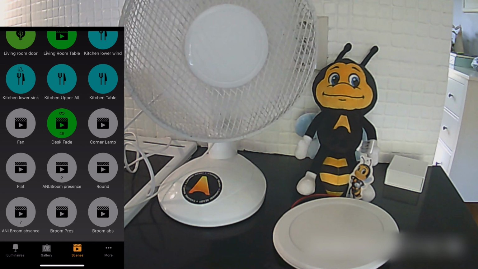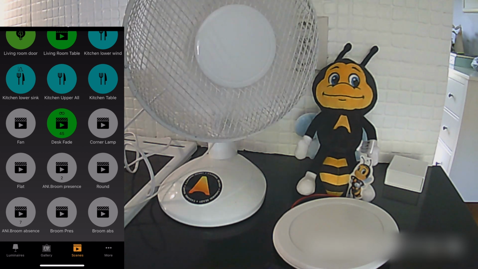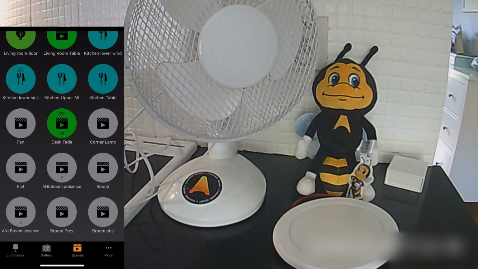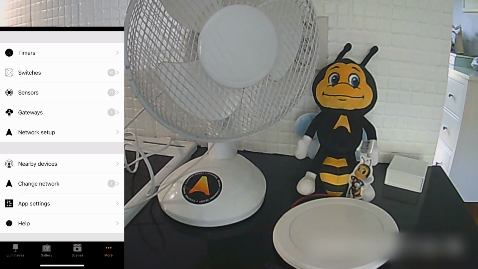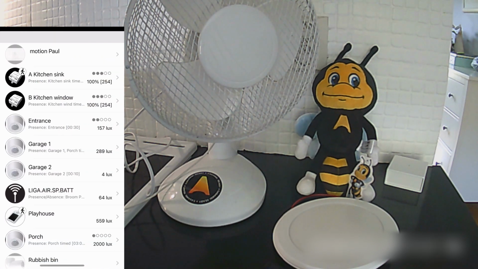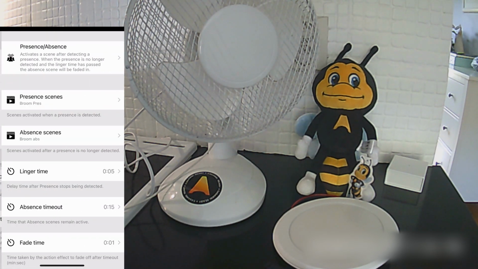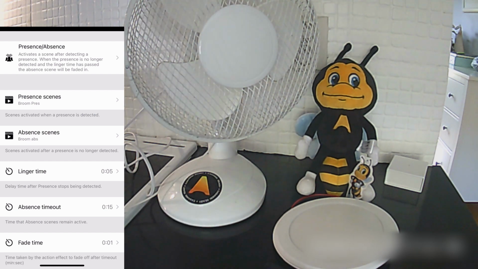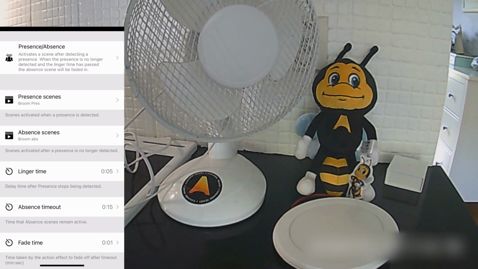Yeah, and now you can see that the bathroom absence presence has also disabled itself as well. If I didn't have that option enabled, so if we didn't have the absence timeout enabled, the fan would just remain on forever. Okay. And one last thing to remember, which I just noticed myself, it refers to the absence timeout, okay, which is